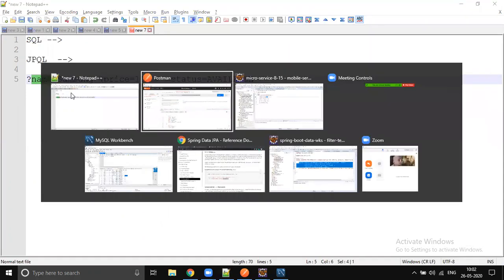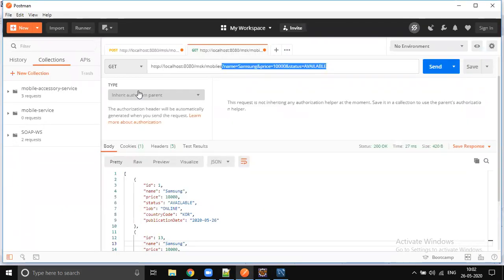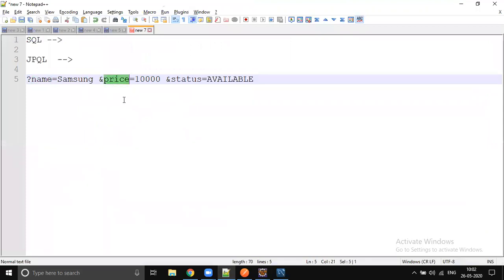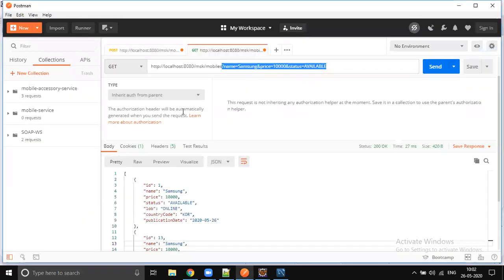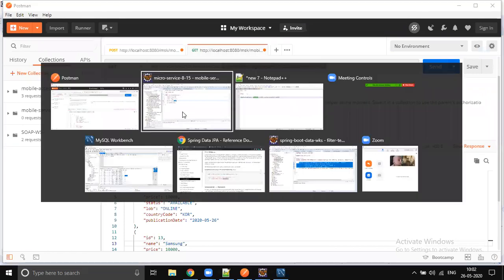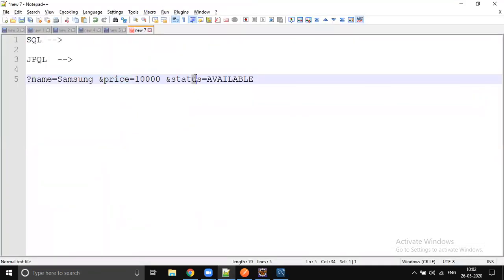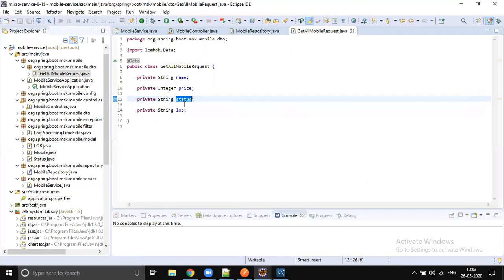The name will be populated for name, price for price, status for status, LOB for LOB. If you send states instead of status, then status won't be populated. It's auto binding. Okay.